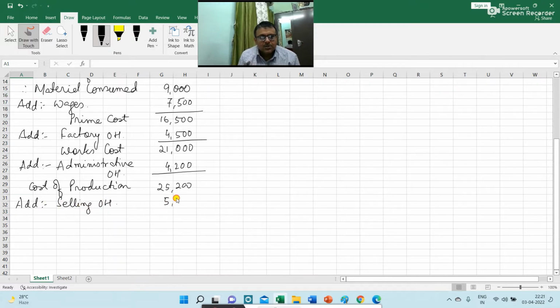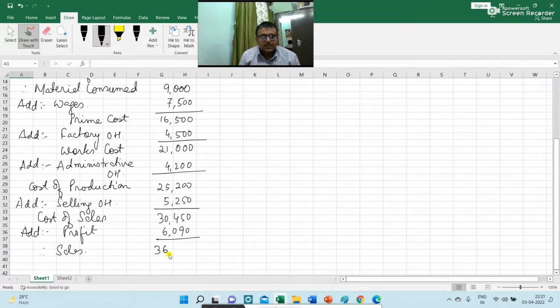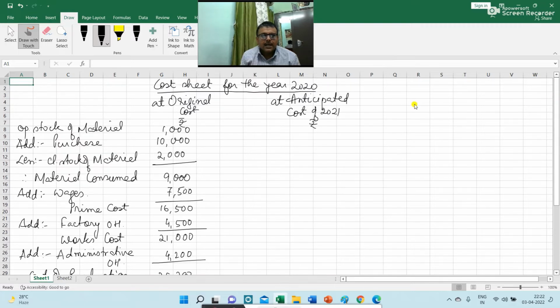and selling overhead Rs 5,250. We will get cost of sales, which is 30,450. Add profit. Now here the profit is given in the question. You will get that profit is 6,090. So therefore sales is 36,540. So this is the cost sheet for the year 2020 at original cost that we have prepared,